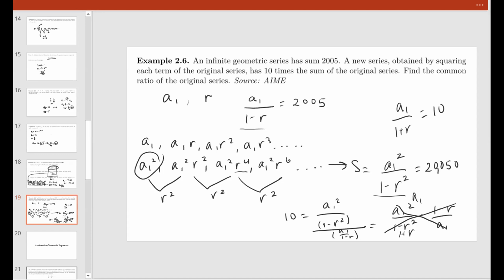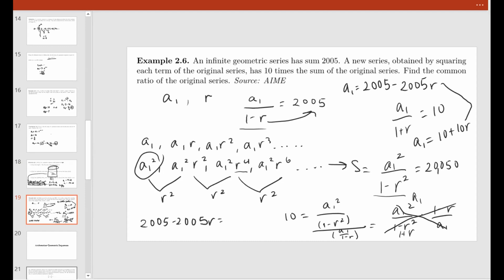So this becomes a system of linear equations. We have that a1 equals 2005 minus 2005 times r by cross multiplying. We can do the same for this equation, a1 is equal to 10 plus 10r. So we have these two expressions in r that are equal: 2005 minus 2005 times r equals 10 plus 10r. So we can bring this over to this side to get 1995 is equal to